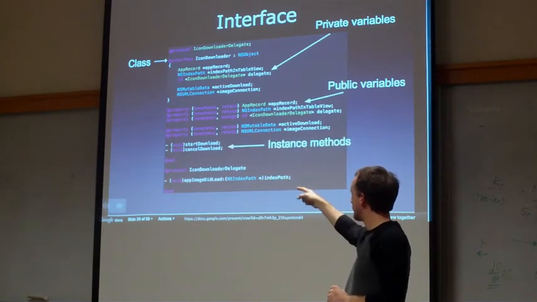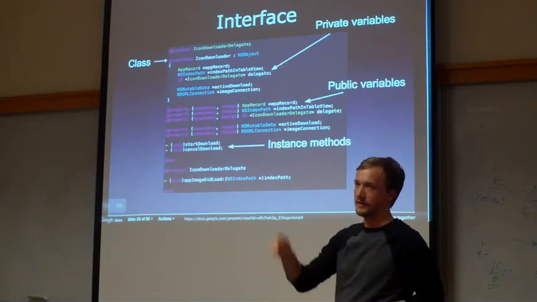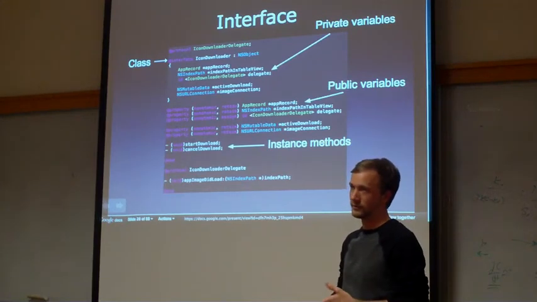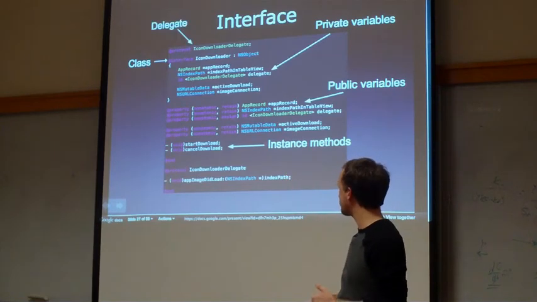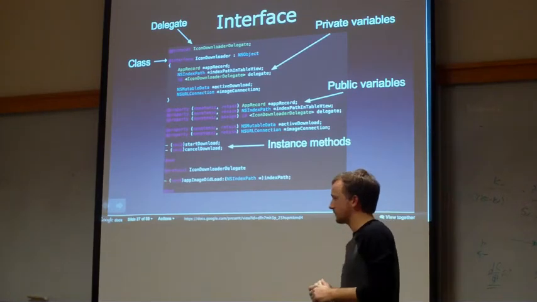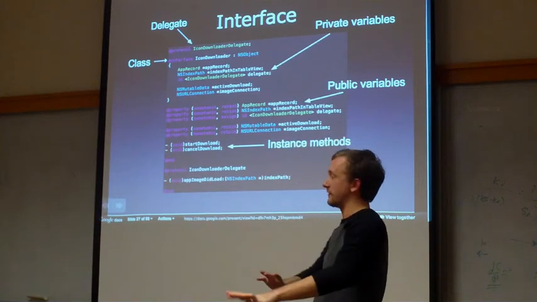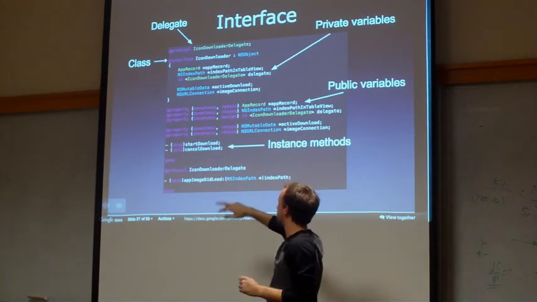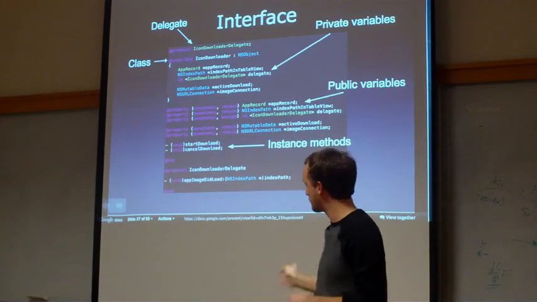But instance methods, kind of like in C++ where you need to declare your method and then later on you are defining your method. Same thing here. You've got a header file and an implementation file. So we're just defining our instance methods here. And then finally our delegate declaration at the top. I'm going to get into delegates later on. I'm not even going to mention it now. But this is how you define your delegate. And down here, this IconDownloaderDelegate are the function names for our delegate. Just something to remember when we get to it later.